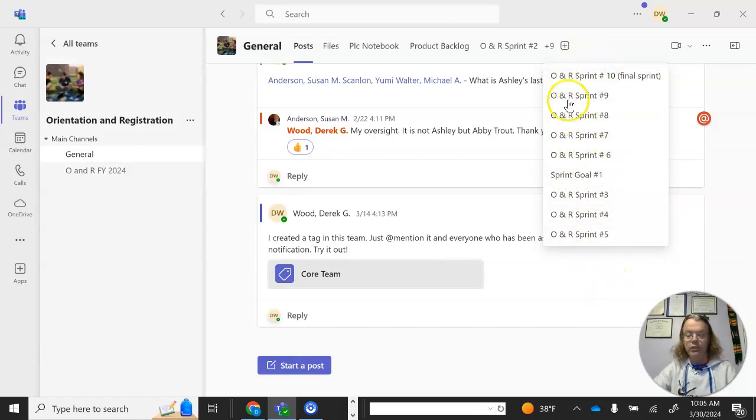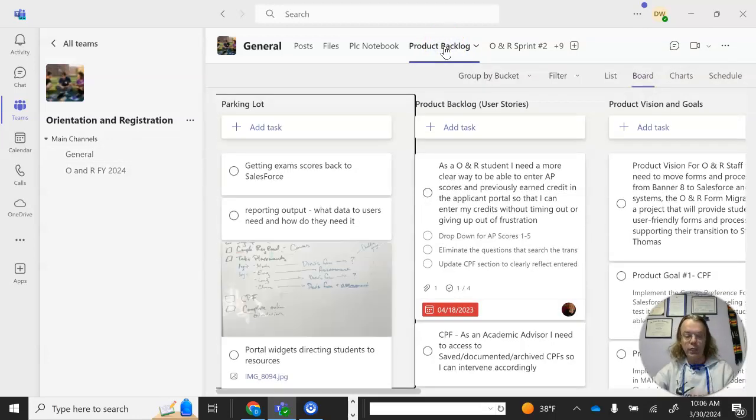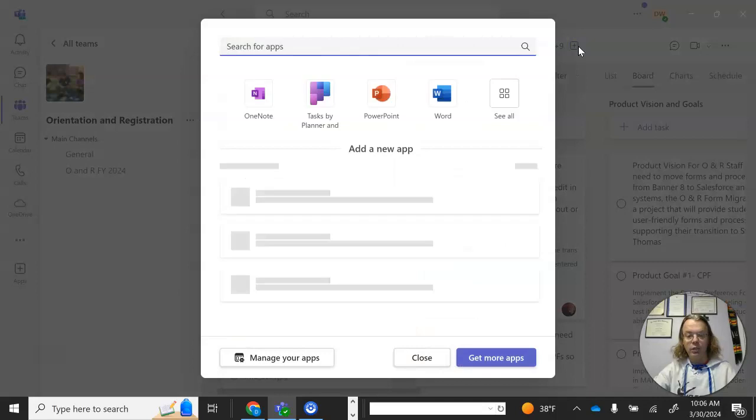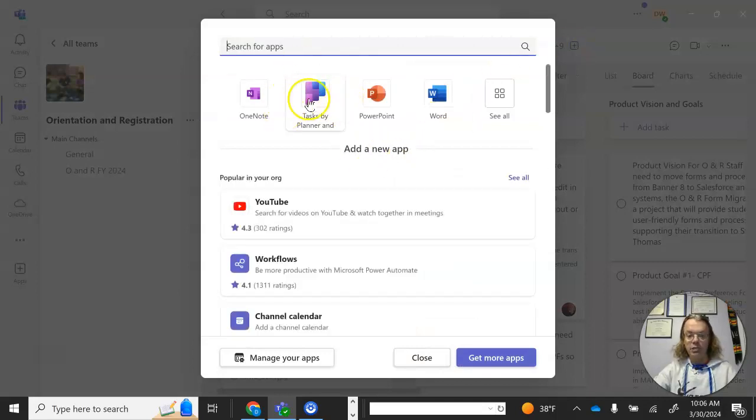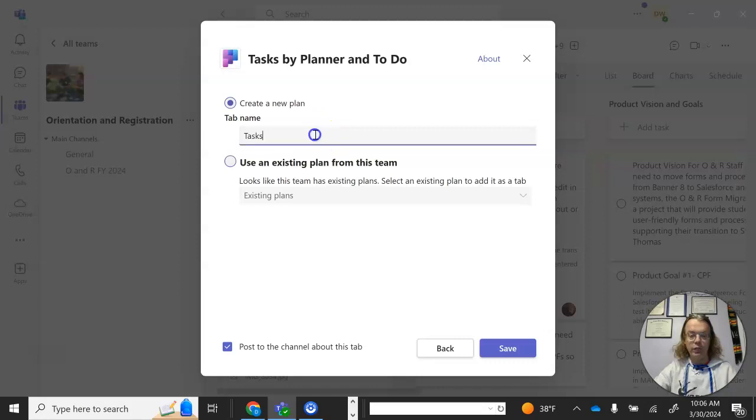Before I get to the sprints, I first make a product backlog, which you can do on Teams. And these are really easy to create. You create a Teams channel. And what you do on here is you just go to the plus and you go to add a tab. And you go to Task by Task Planner. And you click on that. And you are able to make a new tab. So I'll just write on here,